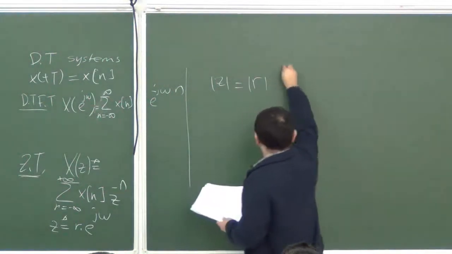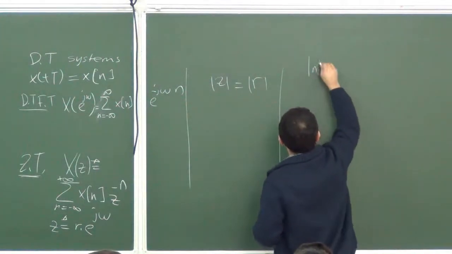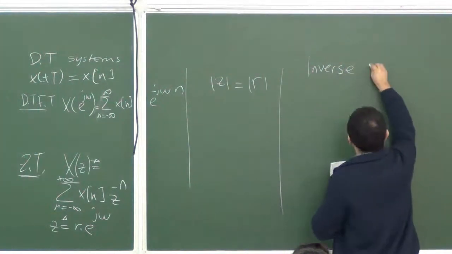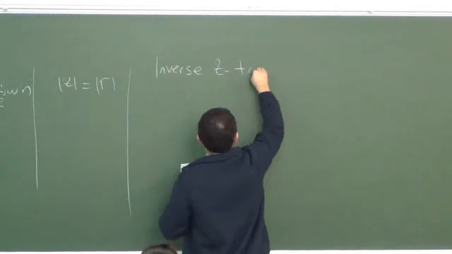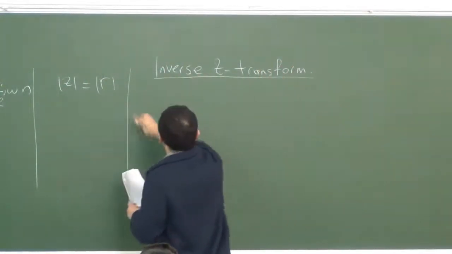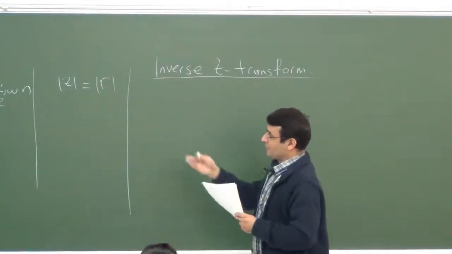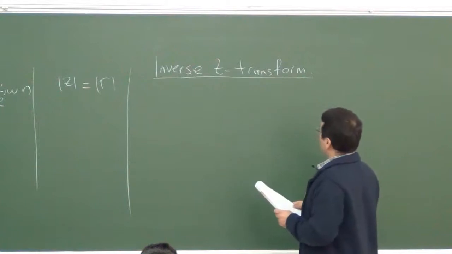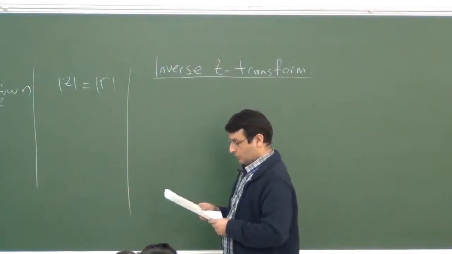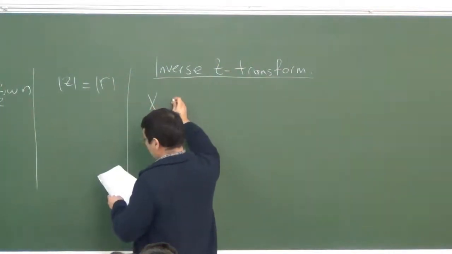Now this week we will start with the inverse Z transform. This is a very important tool, Z transform, for analyzing the discrete time signals and systems. And how can you find the inverse Z transform of the signals? So the definition, in order to find the definition,